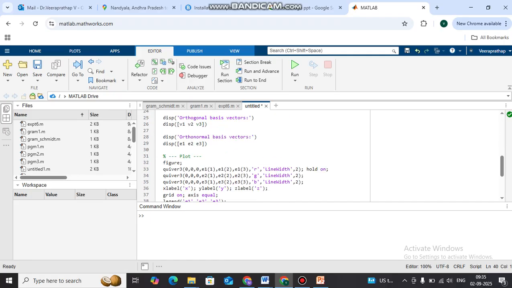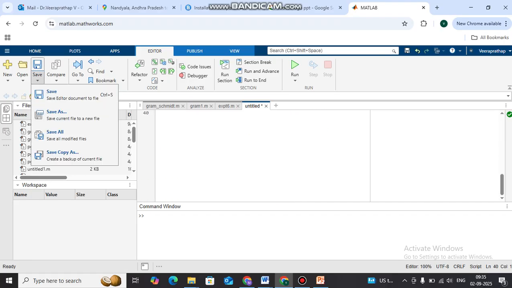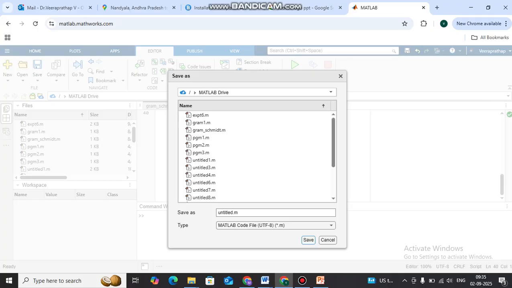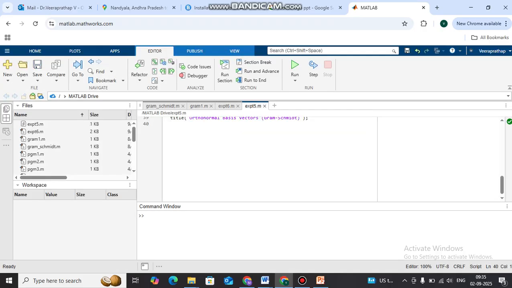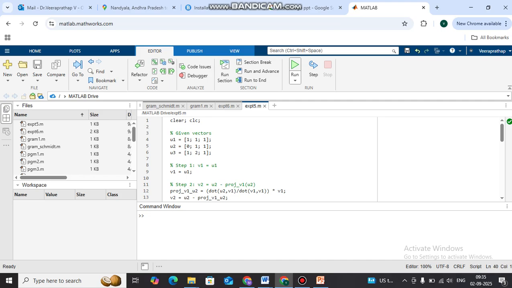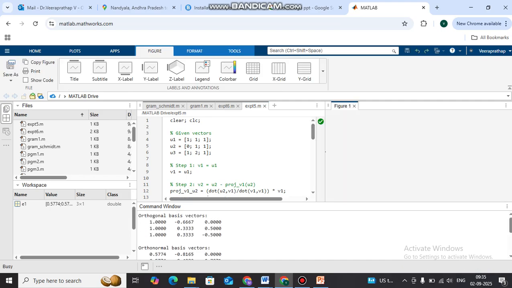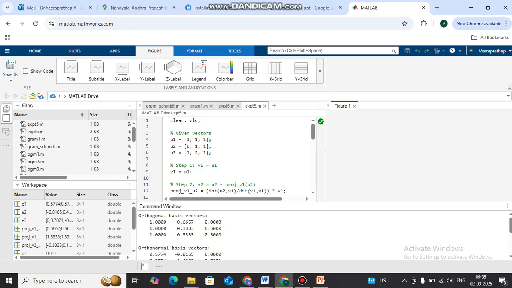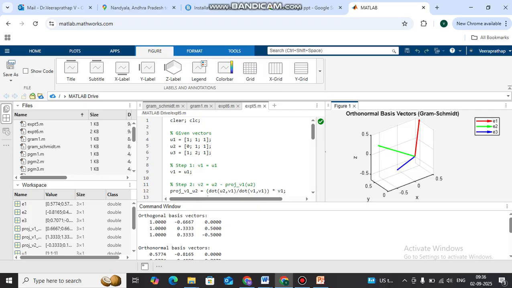Next, go to save, save as, and save it as experiment number 5. Just click save. Next, after saving, go to run. So you can just see the calculated orthogonal basis vectors: 1 1 1, this one minus 0.667333 and